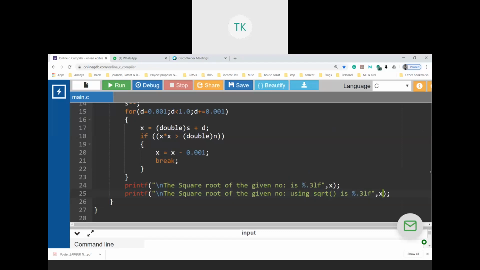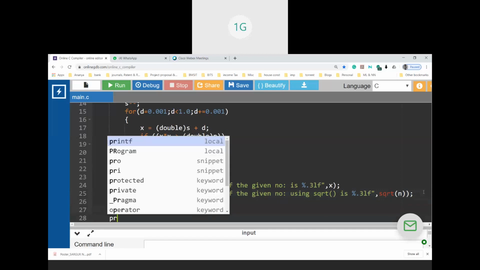Now for the inbuilt function, I cannot just give x, rather I have to give sqrt(n). Okay, I have the same .3. Okay, this completes my if. Else I'll have here printf.